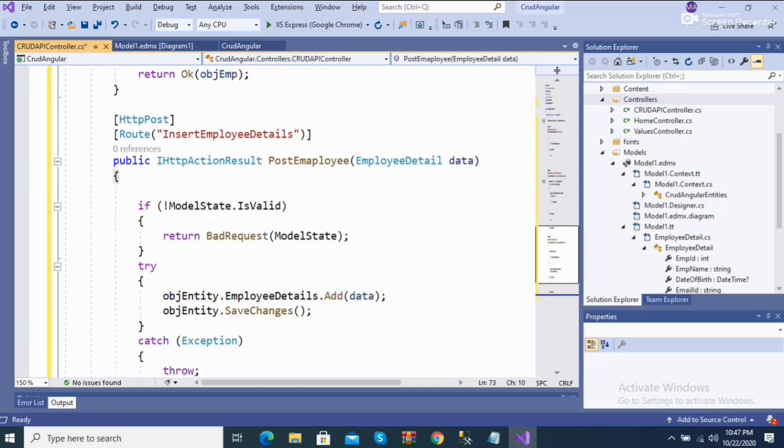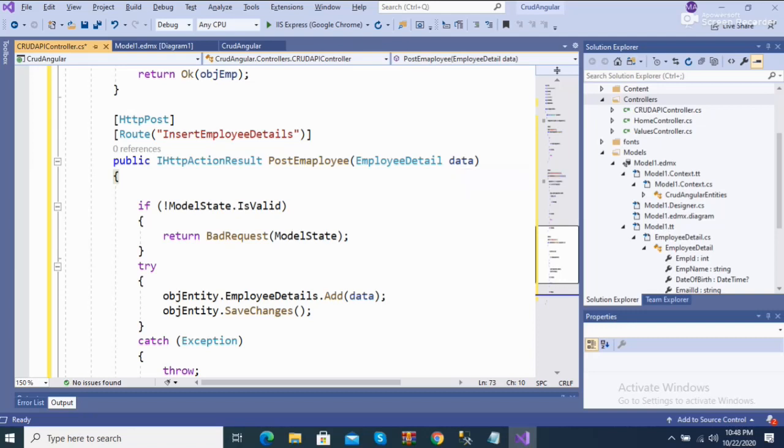Now I add another code to insert employee details. This will post the record and hit the data into the database. Here I mention the route, and it returns an IHttpActionResult, PostEmployeeDetails, with the data.